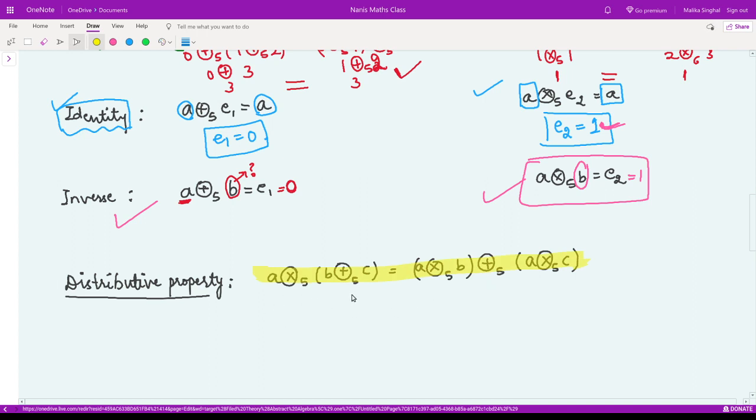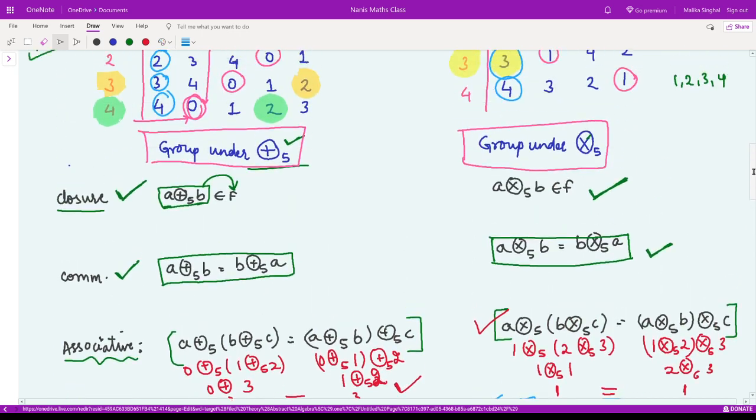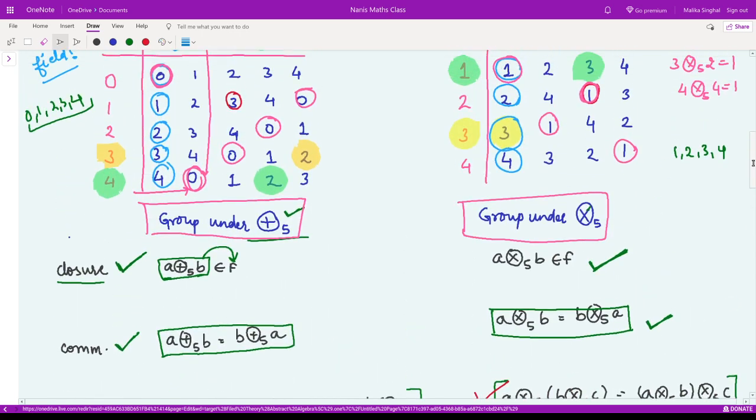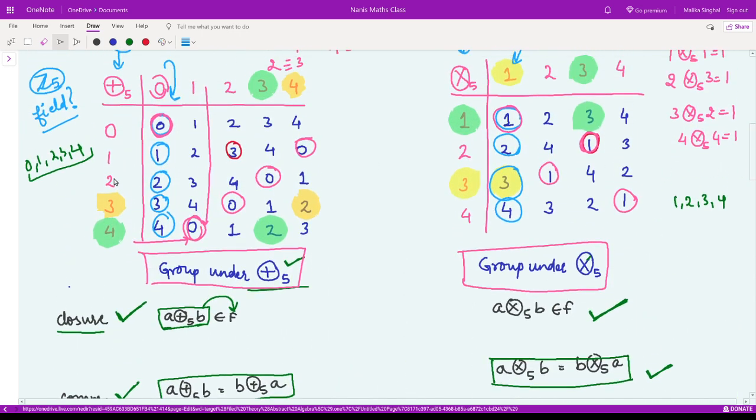So let us check the left hand side first. Let me take any three numbers. Let me take 1 here and 2 here and 3 here. So firstly we'll solve the brackets. So 2 addition mod 5 3. So we'll look this in this table. So 2 mod 3, what would be that? It is equal to 0.